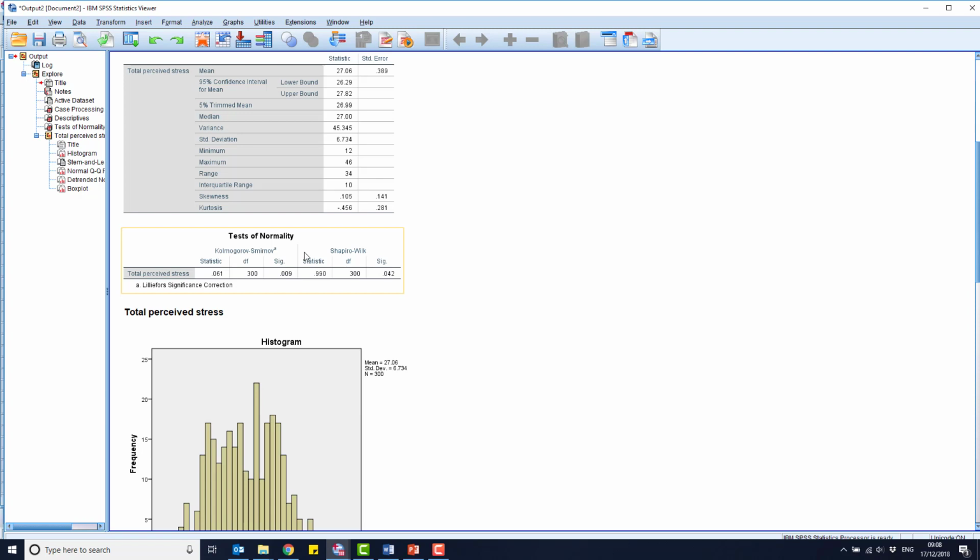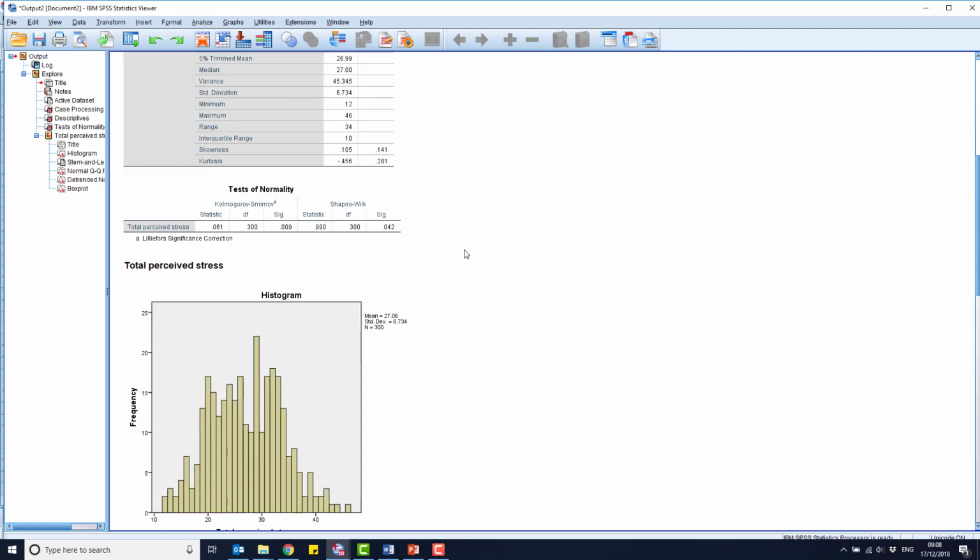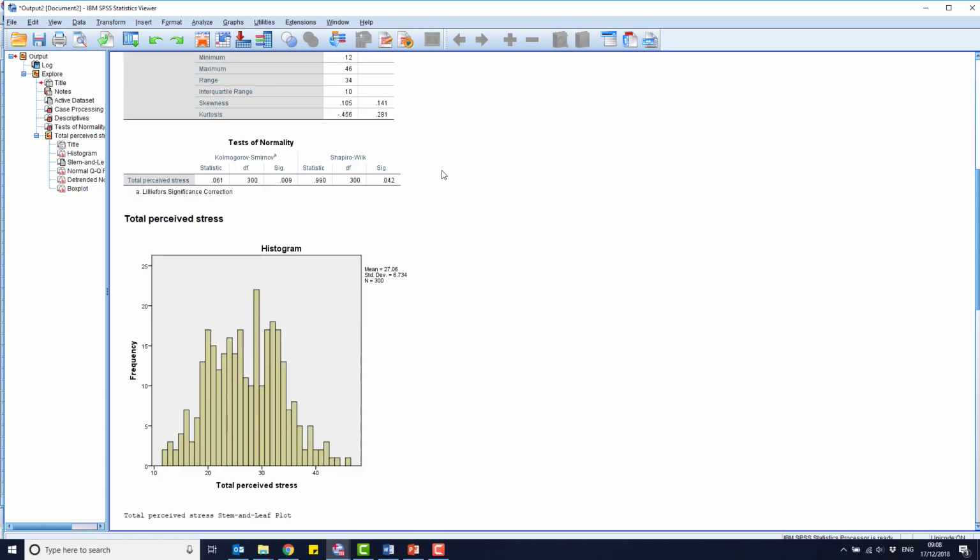When you have larger samples, so that's over 50 observations, you could use either. So I'll use the Shapiro-Wilk test because it's the one I tend to use by default. And we can see here that that value is actually less than 0.05. So that is a statistically significant result. So just looking at the Shapiro-Wilk test, what we can say is that it is significantly different from a normal